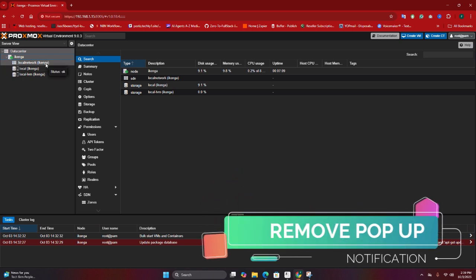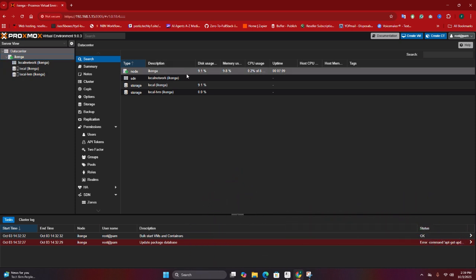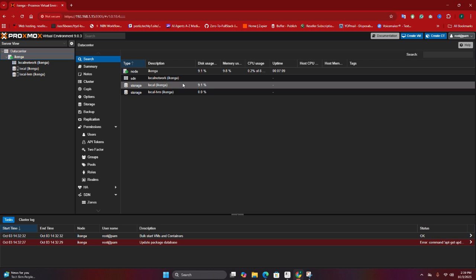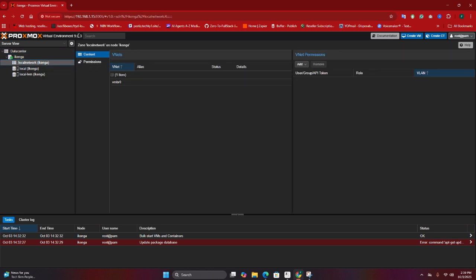Now, when you open the shell, you might be tempted to just click update in the GUI. But for a fresh Proxmox 9 install, I always recommend the CLI, it's more transparent if something goes wrong. So as you can see, we are currently on Proxmox 9, and